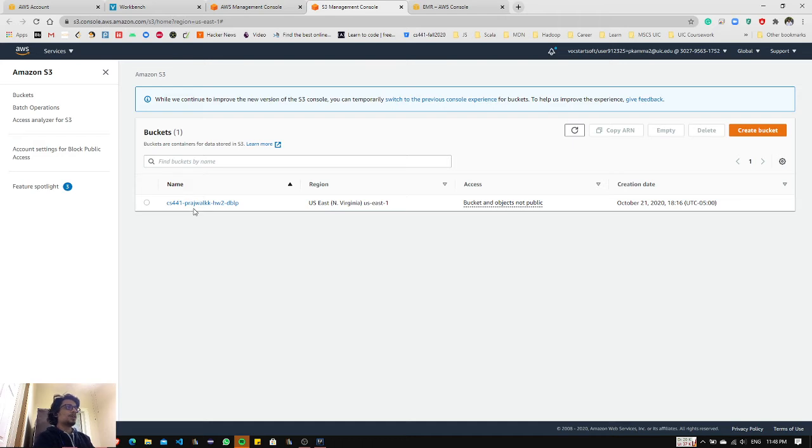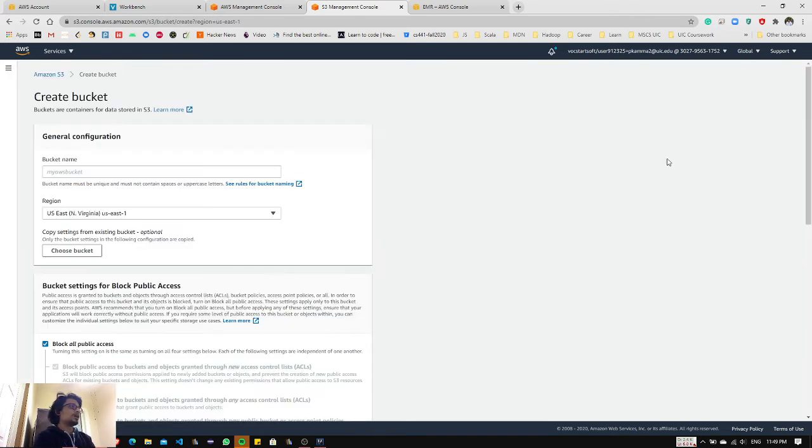So this is a bucket, an S3 bucket. You have to create an S3 bucket. This is the place where you will be storing your jar. Create a bucket and give it a unique name. Nobody in the world should have this name. So CS 441 demo, something like this.